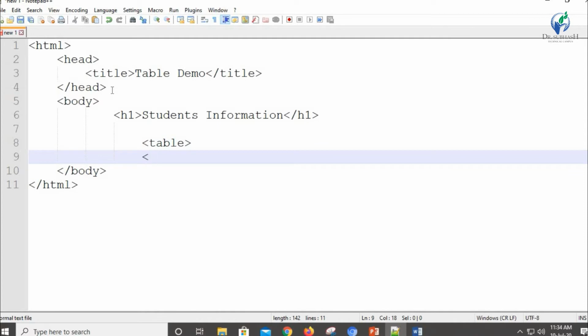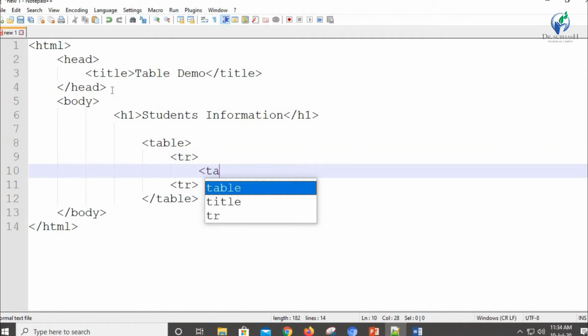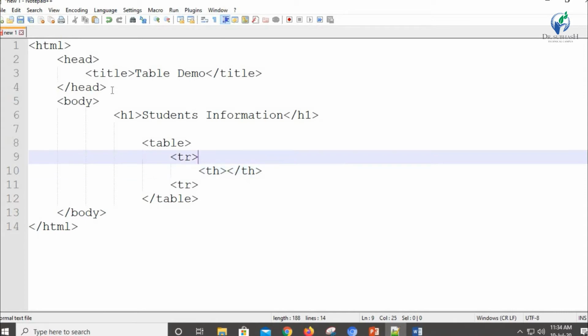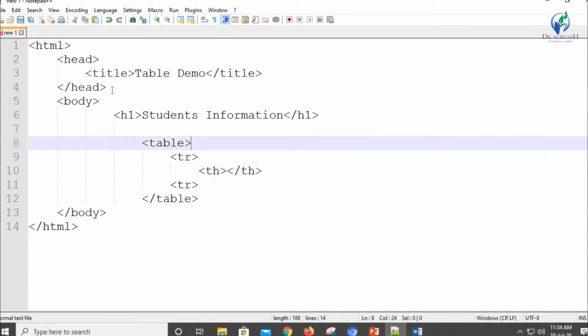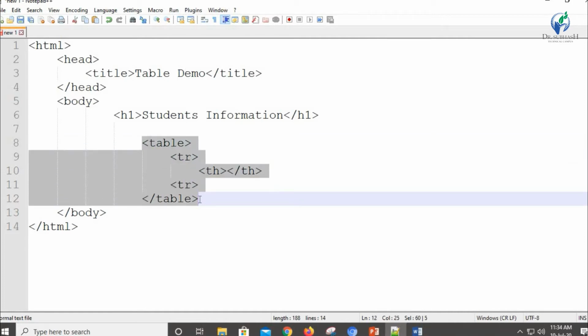Now we are going to close the table tag. Now inside this we are going to use a tr tag to create a row, and one th tag to create the heading. Okay, I am going to write the content afterward. I am just creating the empty structure to explain to you. So this is how we are going to use the nesting of tags to create the table.